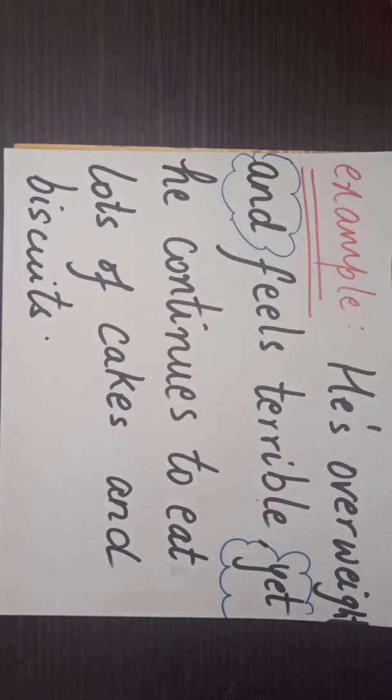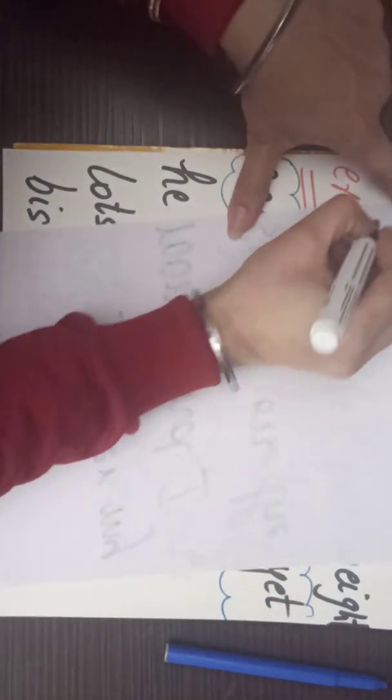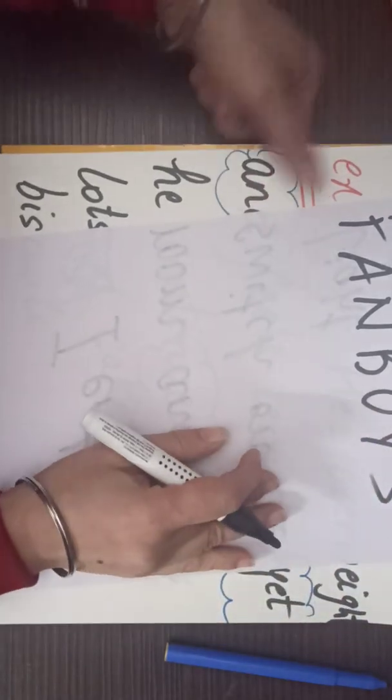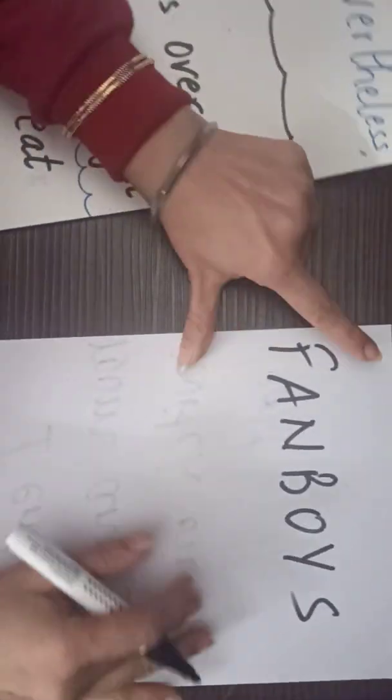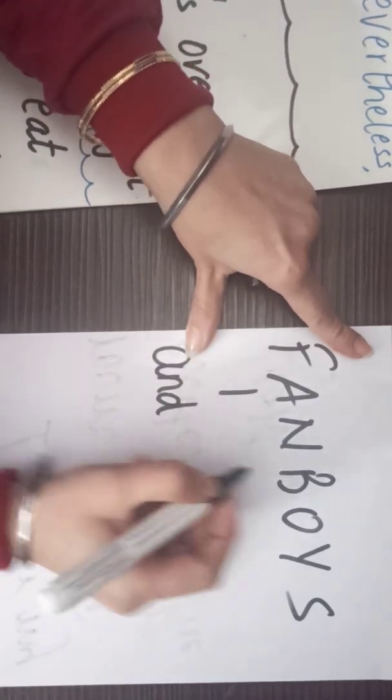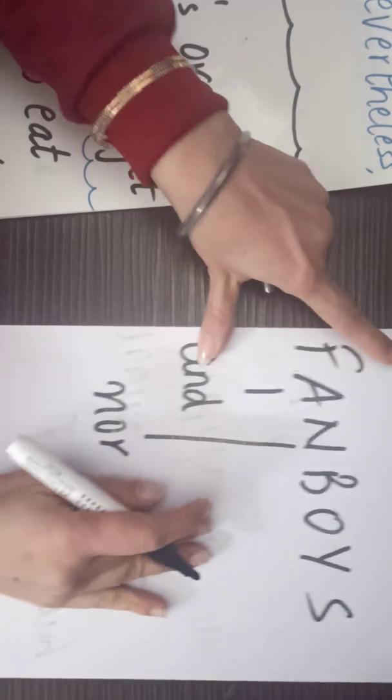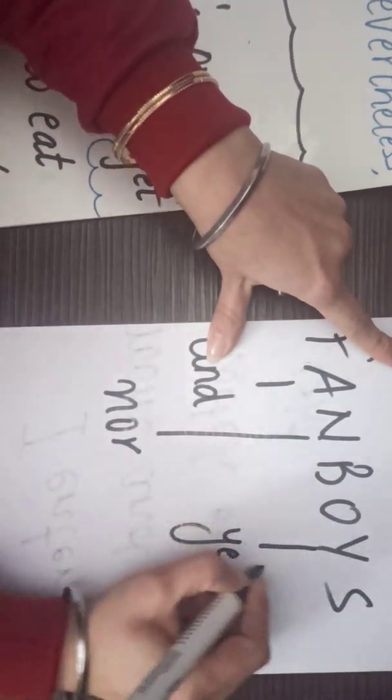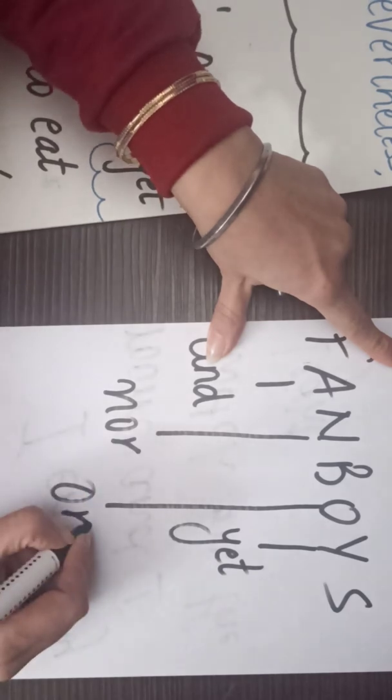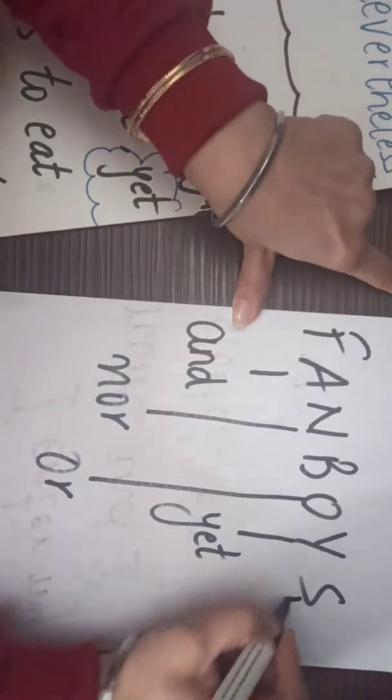So kids, today, if we look at Fanboys, what did we talk about? We've talked about and, we've talked about nor, we've talked about yet, we've talked about or, and we have talked about so. So in my next video, I am going to further talk about the conjunctions like but and